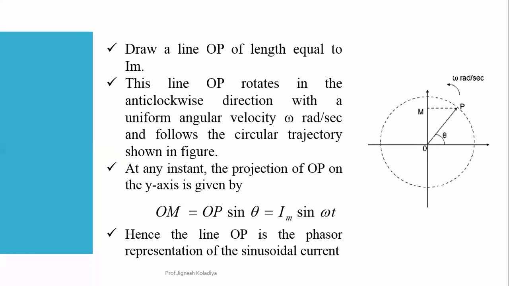So this is what we have seen, that if I represent the quantity by using the phasor, then the length of the phasor is equivalent to the amplitude of that quantity, right? For example, if the maximum value is Im, then length of